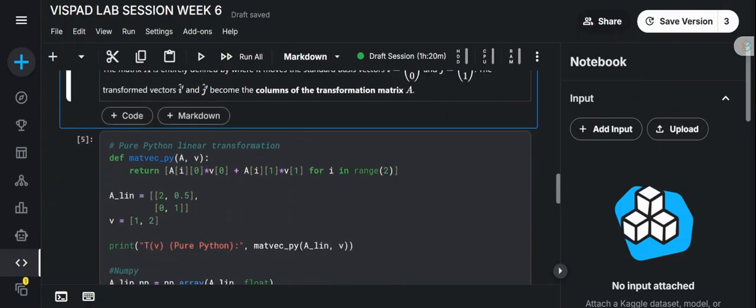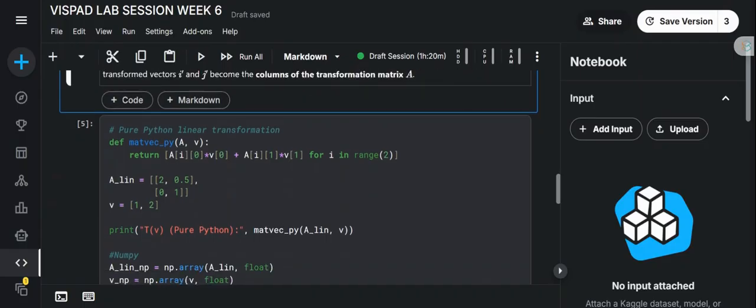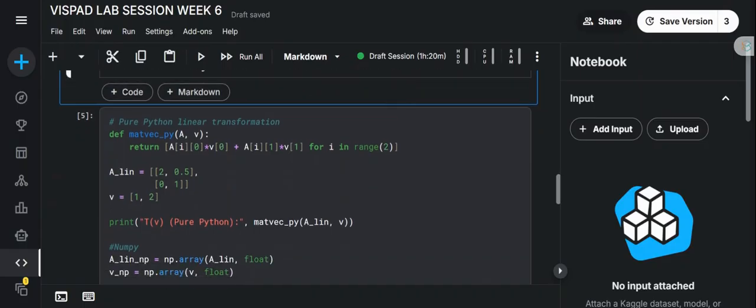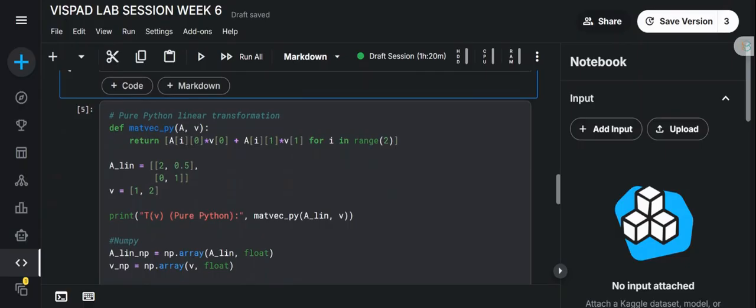Okay, so now let's see how we can apply a linear transformation in Python code. Let's look at the pure Python implementation. It's very intuitive, simple and straightforward. So we've created a function which takes two inputs, a matrix A and a vector v, which will be transformed, and then what it simply does is